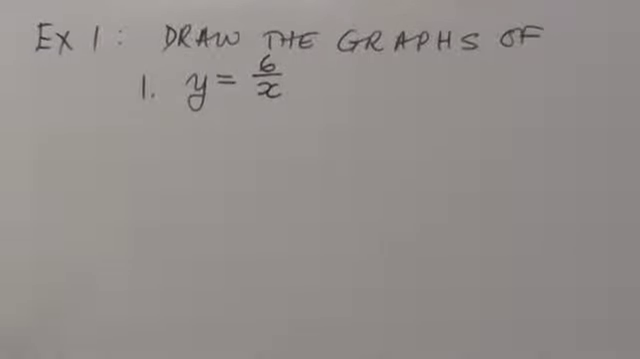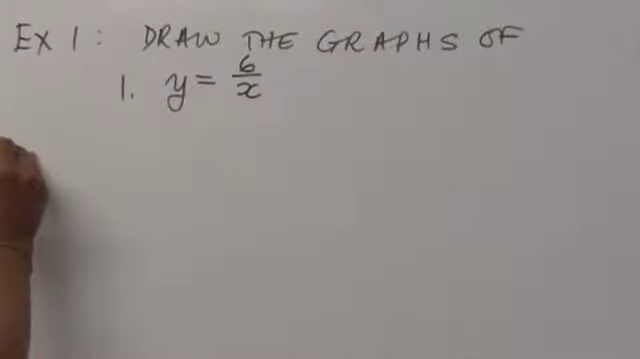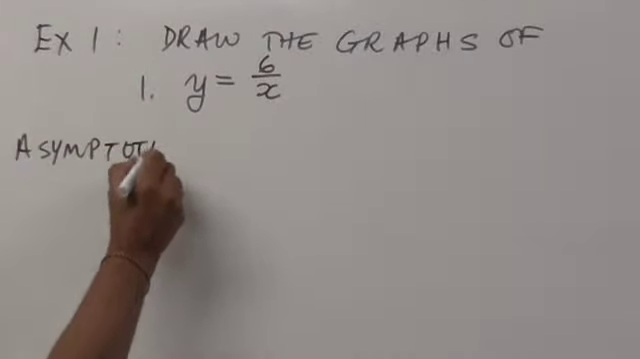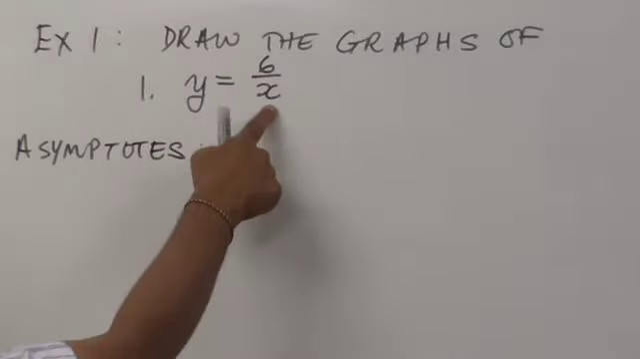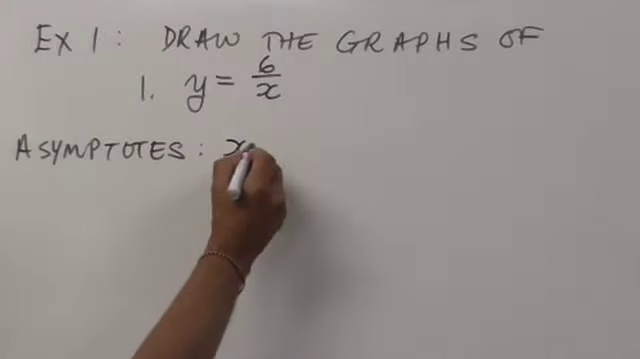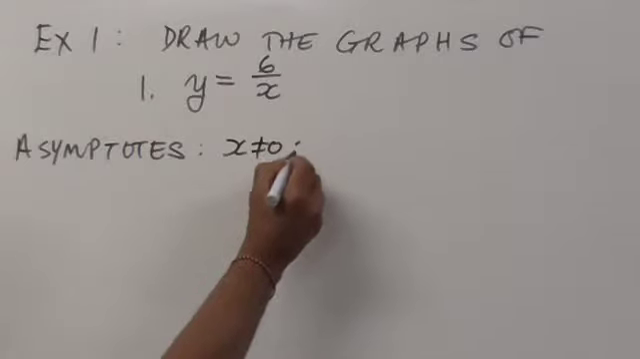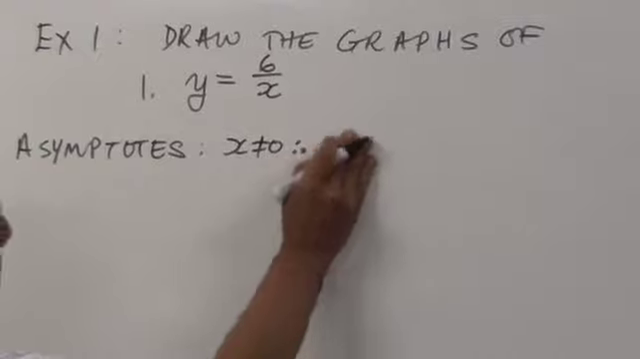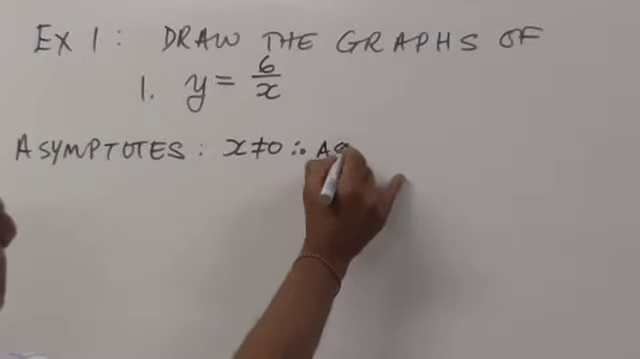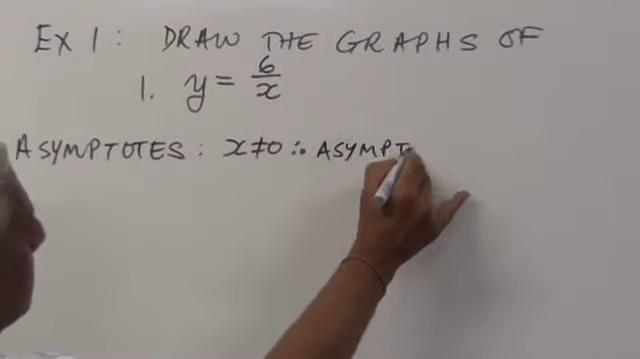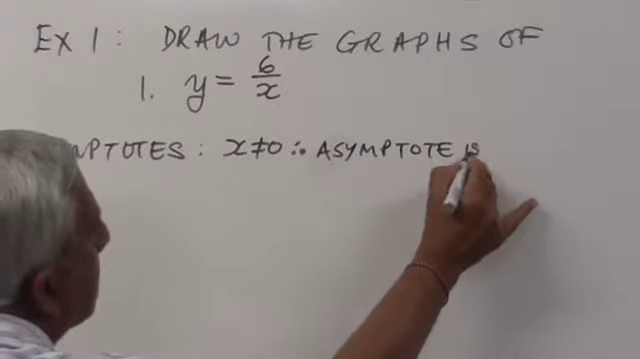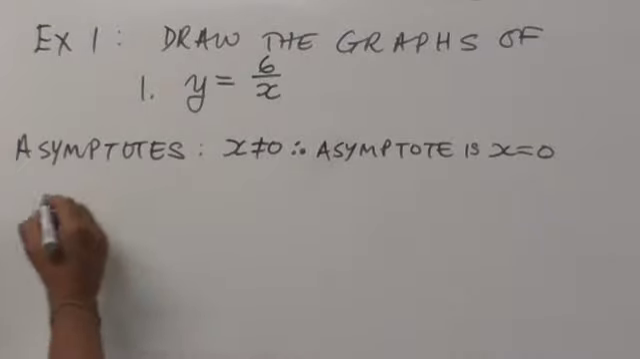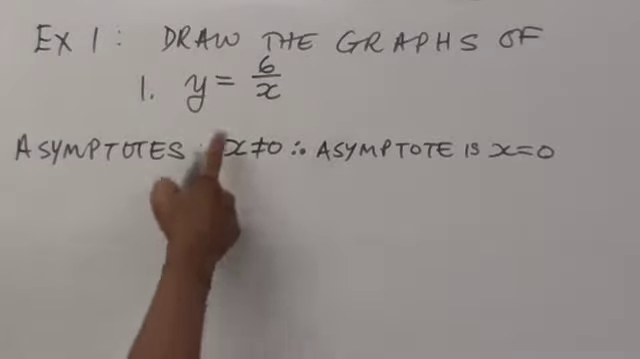Alright, welcome back. So, firstly, when you look at this, you want your asymptotes. By now you know that x cannot equal 0. Therefore, the asymptote is x equal to 0. Similarly, let's just do the second part. Now the second part,